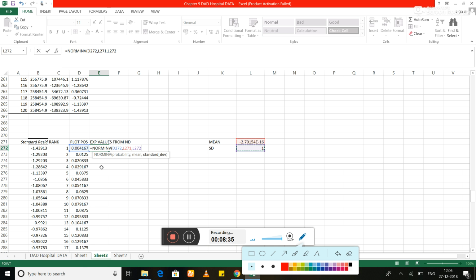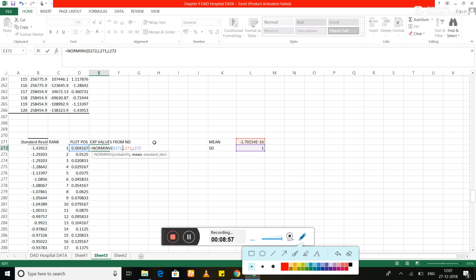If you understand how Excel works, when I drag it for all the values down to the 273 cell, the probability value will be taken from D273, but we need the mean and standard deviation to be taken from L271 and L272 each and every time.